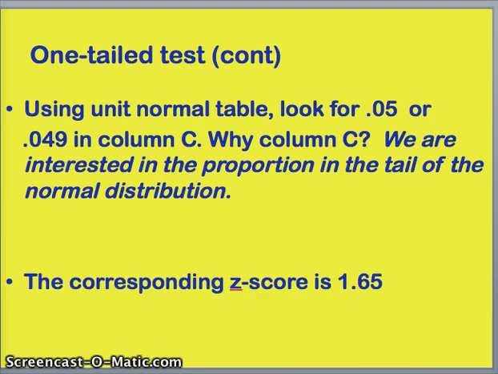Use the unit normal table. Look for a z-score of 0.05 or 0.049, and look in column C, because column C is that proportion in the tail of the normal distribution. The corresponding z-score for 0.05